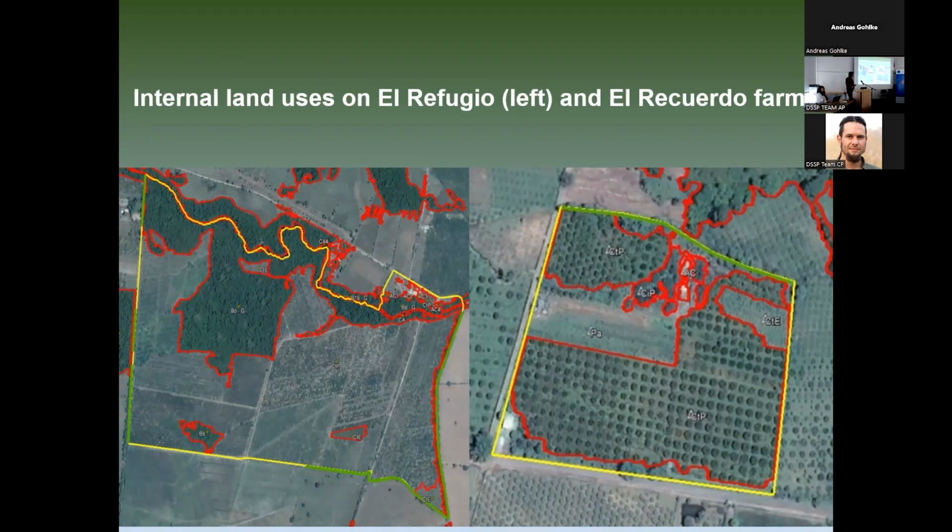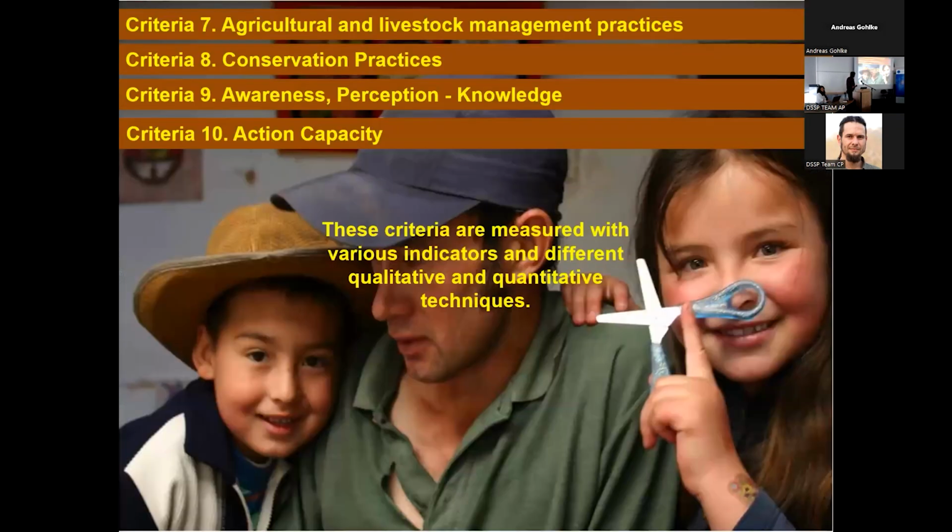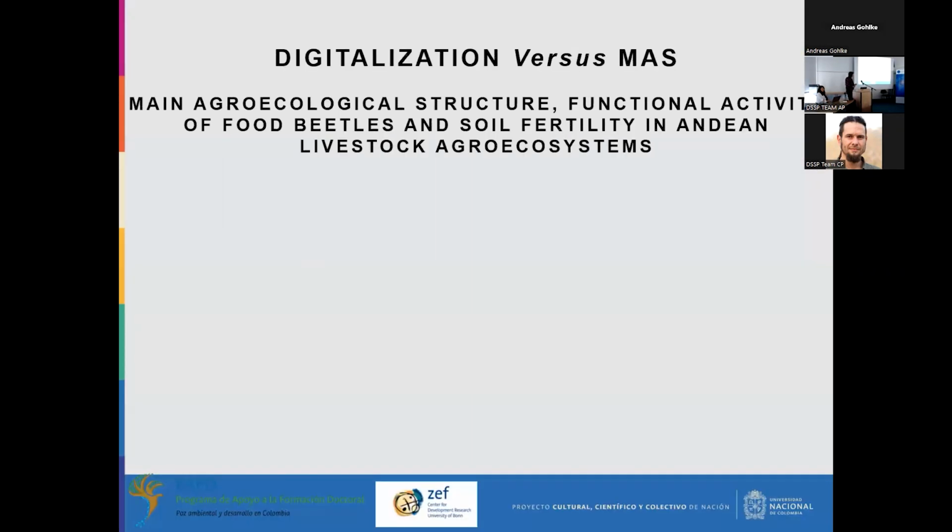Running. I'm running. So we have another example, and the other criteria are measured with various indicators and different qualitative and quantitative techniques. And we have a little example of digitalization versus MASS on this